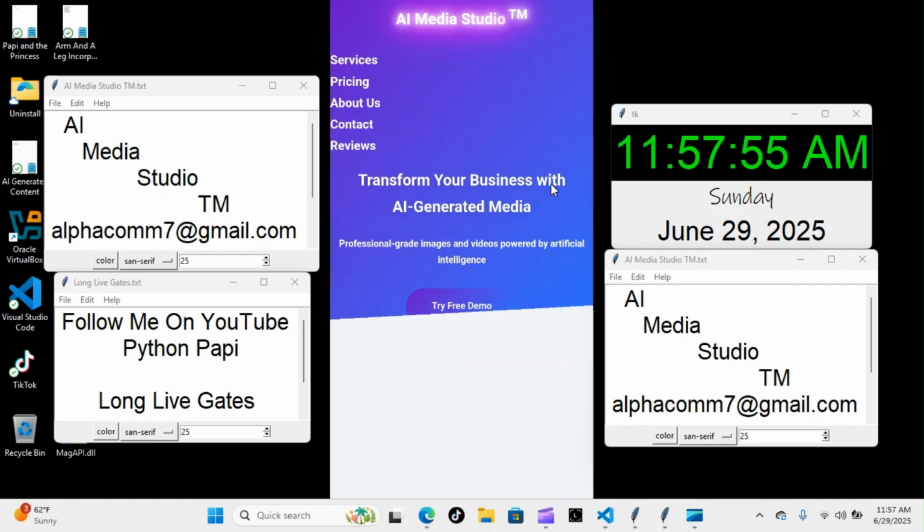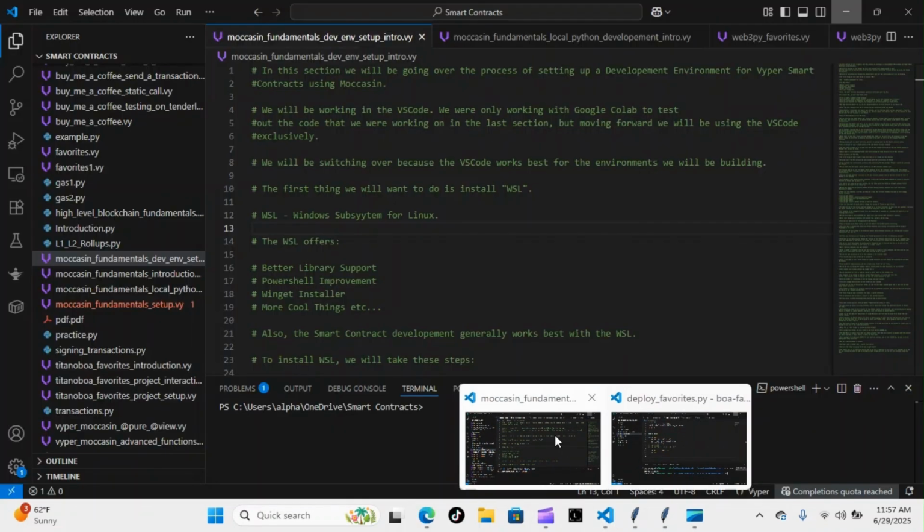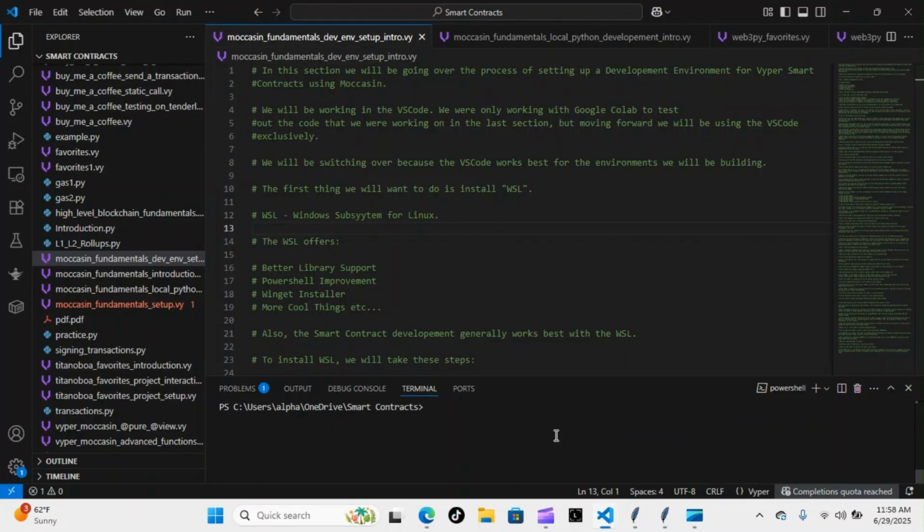All right, on today's episode of Python Papi, we're back inside our smart contracts project, and I did inform you that we're going to be starting a new module today, so let's dive right in. Yesterday, I misinformed you. I had some files moved around in the wrong location, so I gave you the wrong module that we're going to be starting. So we're actually in the right module that we're going to be starting today,